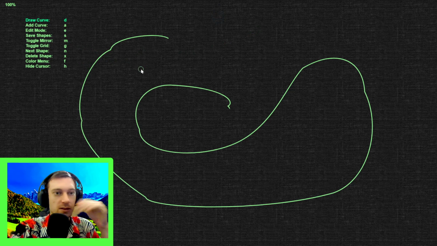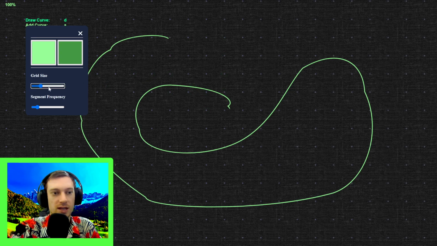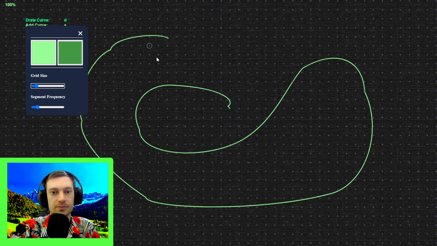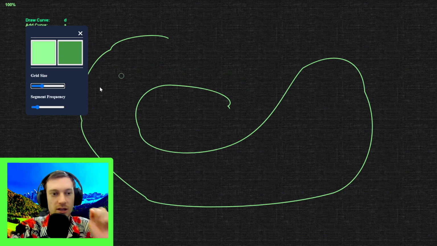So first of all, the first thing that I added that's a little bit different from the last update is you can adjust grid sizing. So if I enable grid, you can see how the size is. And then if I move this up, you can see it's gotten larger. You can go really small. That's kind of nice. And then segment frequency, which is a little bit